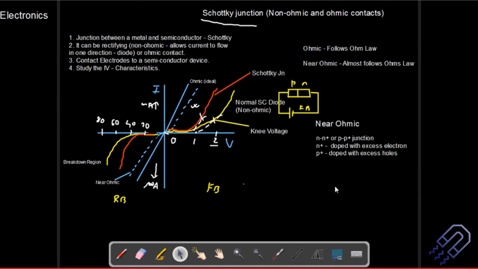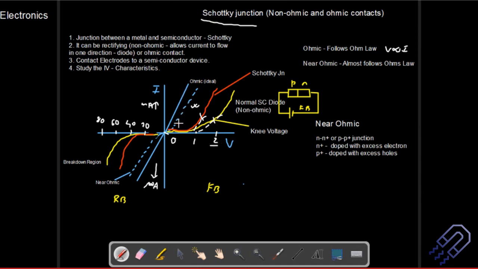So let's understand the logic here. This is very simple. I need a straight line. That means with the voltage, I should get a proportional amount of current. It follows Ohm's law, right? Whenever we are talking about Ohm's law, V is proportional to I, and since V is proportional to I, it is basically a straight line. So whenever I increase the voltage, the current should increase proportionally.